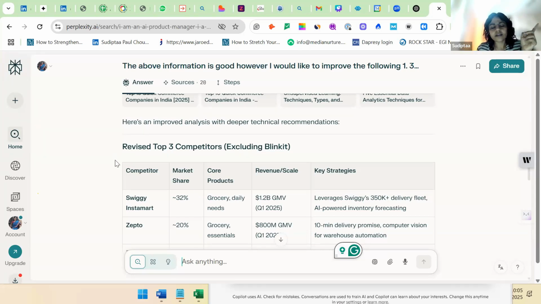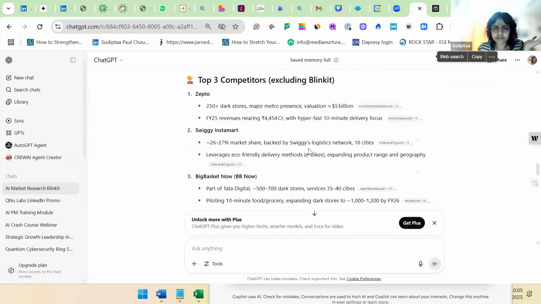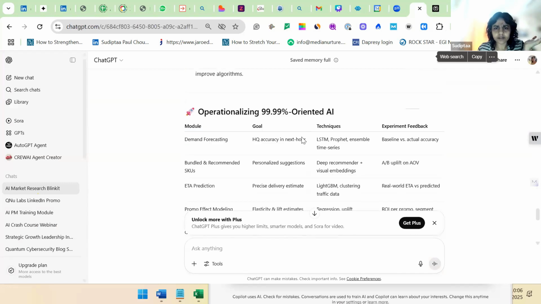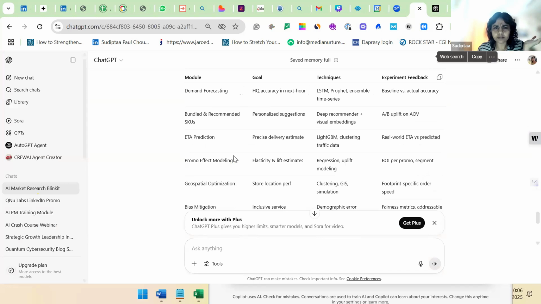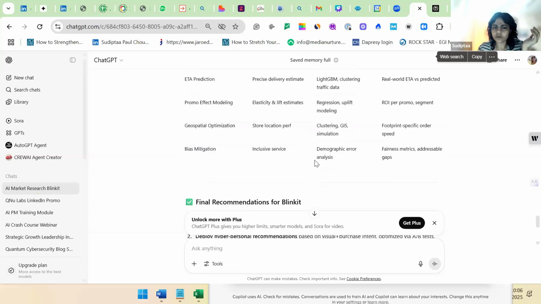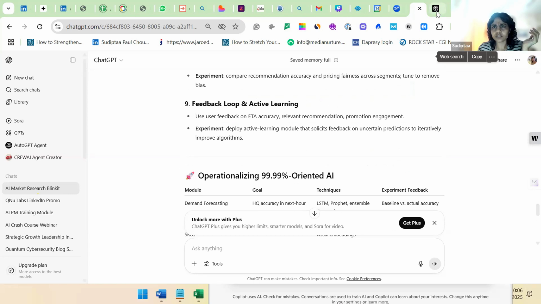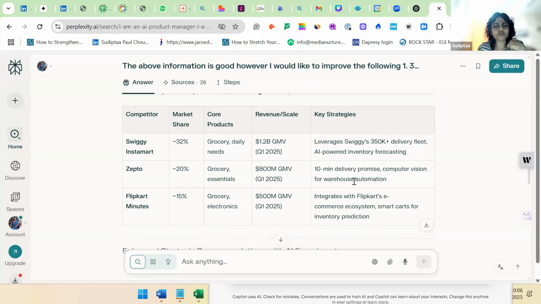But one thing I really liked in ChatGPT is the last thing. If you see here, when I told it, okay, 99.99 accuracy, how will you get this accuracy? It tells me specifically this module, these details, these techniques, and this is where I will be achieving it. So I said, okay, fine, go ahead and do that. And then it has also given a final recommendation. But it has not talked about those partnerships. It has not talked about tier two, tier three, how you will expand, how you'll get more bang for the buck.